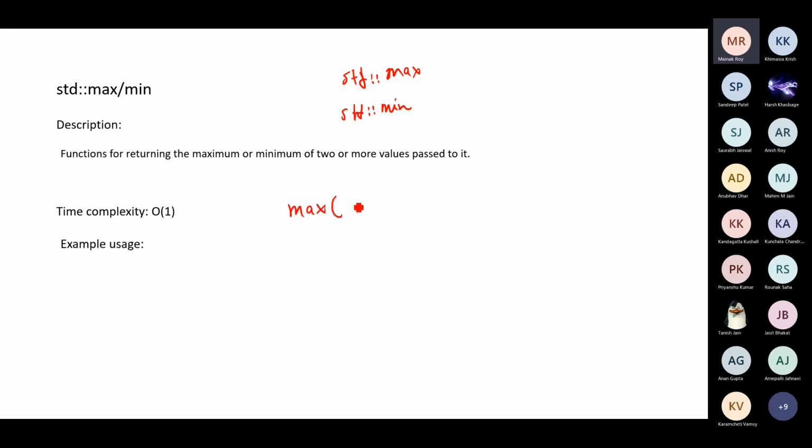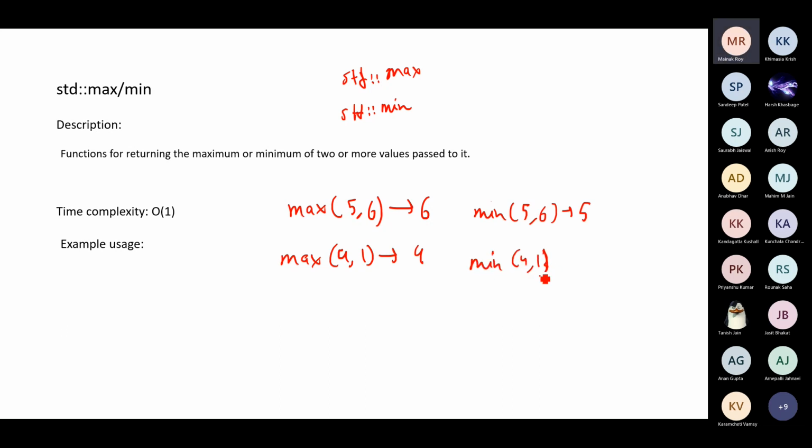If you write max 5 6, this will just return you 6. If you write say max 4 1, it will just return you 4. Again, if you write min 5 6, you will get 5. If you write min 4 1, you'll get 1. Pretty obvious function. The time complexity is O(1), but something that a lot of people may not know is